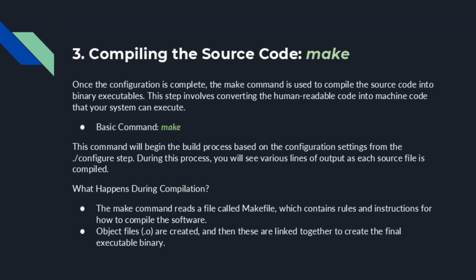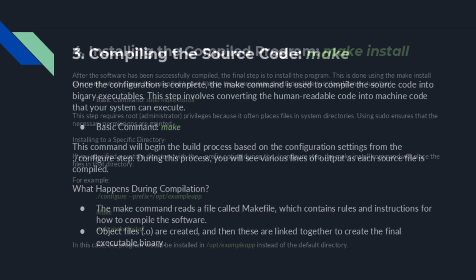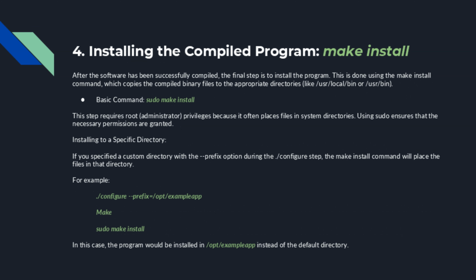What happens during compilation? The make command reads a file called Makefile, which contains rules and instructions for how to compile the software. Object files (.o) are created, and then these are linked together to create the final executable binary. Installing the compiled program: make install. After the software has been successfully compiled, the final step is to install the program. This is done using the make install command, which copies the compiled binary files to the appropriate directories, like